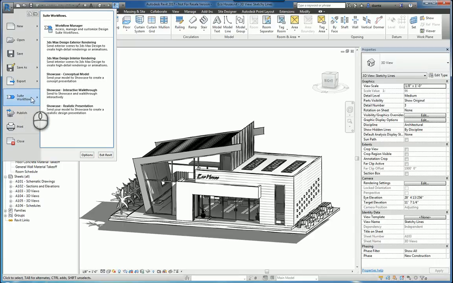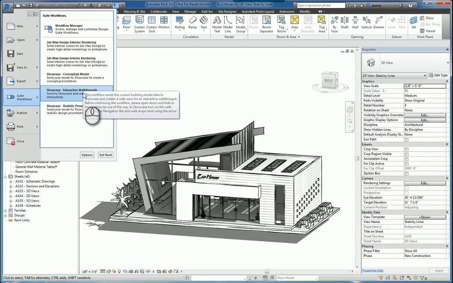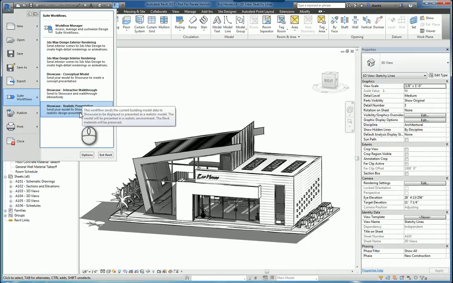In this Suites workflow tool, you have the ability to pick from taking the Revit model and exporting it out in one shot to 3ds Max or to Showcase. From 3ds Max, you have the ability to choose whether it's an exterior rendering or an interior rendering. If it's for Showcase, you can do it for conceptual modeling, interactive walkthrough, or realistic presentation. These are the defaults, and basically when you use this tool, it's exporting out the data to an FBX file and immediately taking the FBX file and the settings and bringing it directly into 3ds Max or